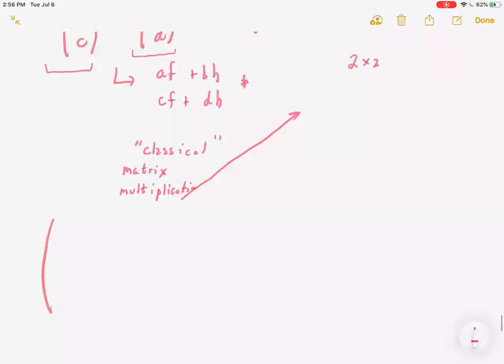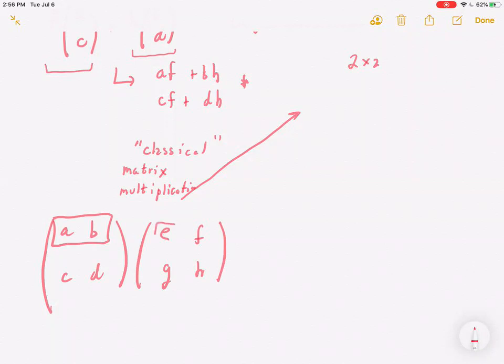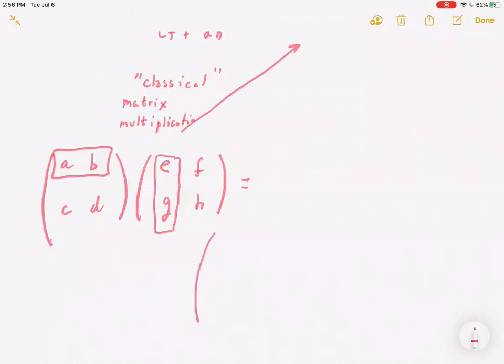And all you have to do here, as in the previous case, is recognize that our classical way of doing matrix multiplication really involves taking the dot product of 2 vectors. In this case, the dot product of row 1 of the first matrix with column 1 of the second matrix. And then just proceeding